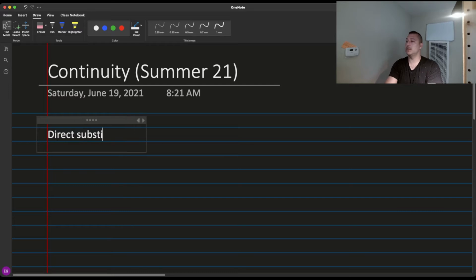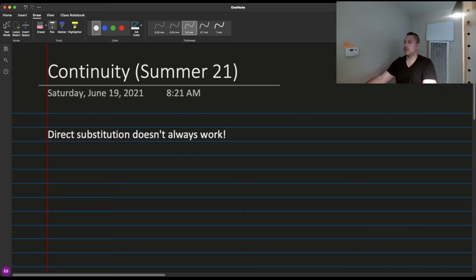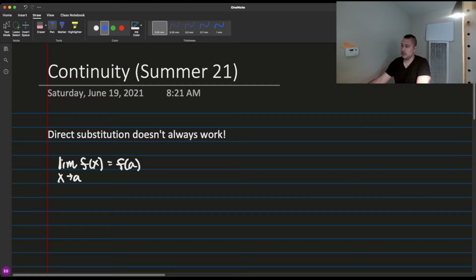Direct substitution doesn't always work. Let me remind you what direct substitution is. Direct substitution is when, if you want to take the limit as x approaches a of f of x, direct substitution is when you can just literally plug a into your function. Now this works if f of x is a polynomial,